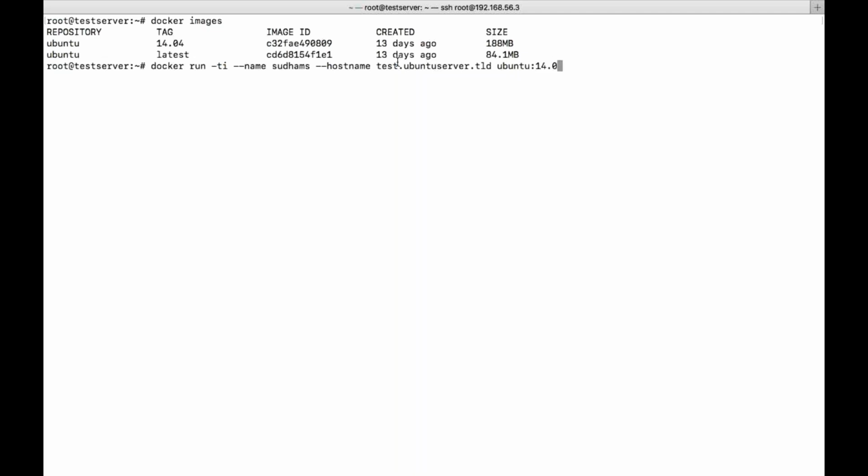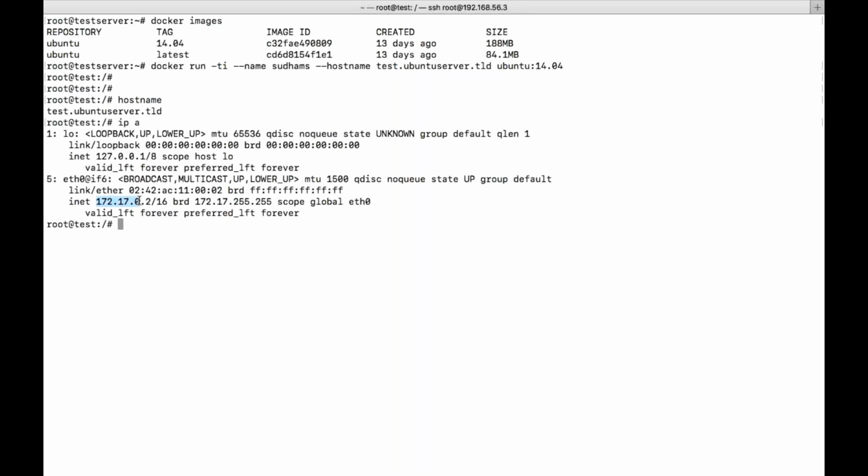Beautiful. Now I have logged in. You can see the host name. You can see the IP address, 172. The host name should be where we need to run this container, or we can give any host name. It's up to you. Host name can be anything you want to assign, so that you can communicate with the server using the host name also.